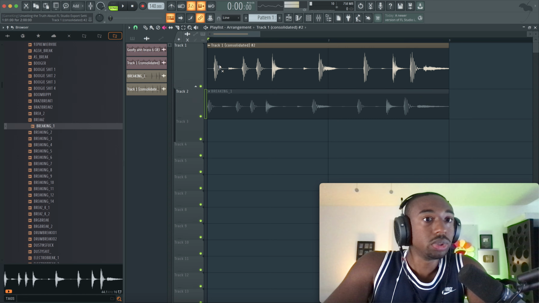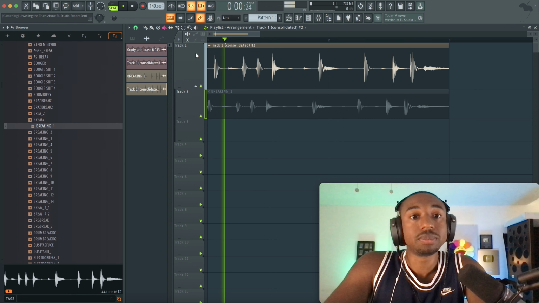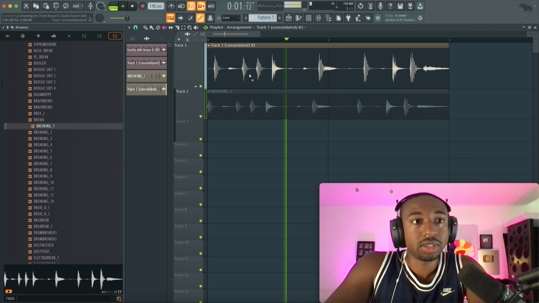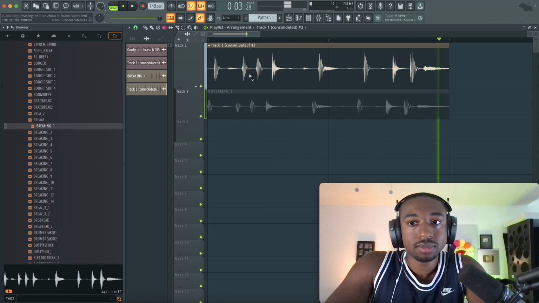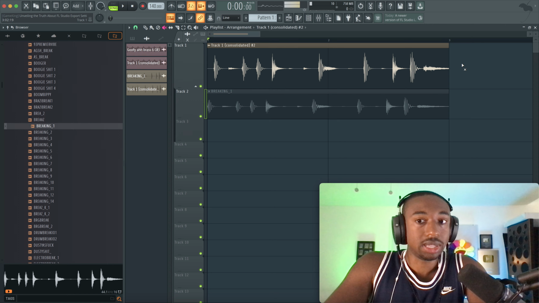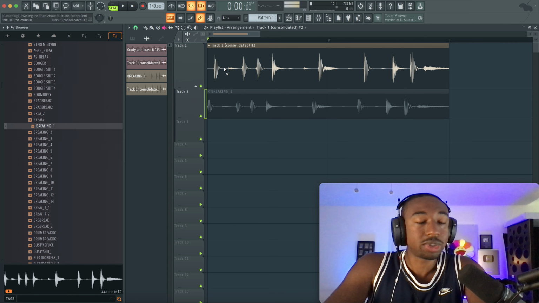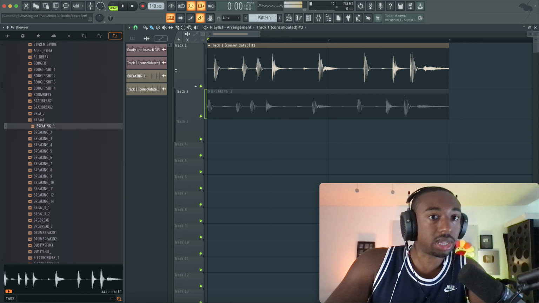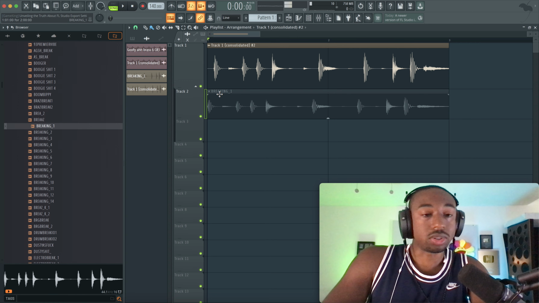And let's play the newly printed one with no effects on it. Hear that gap? So not only is it cutting off the end of the open hi-hat, it's adding that gap, which makes it not a perfect loop. So this is ruining, quite literally, all your loops and all your multi-tracks. So I found a workaround, so no worries.